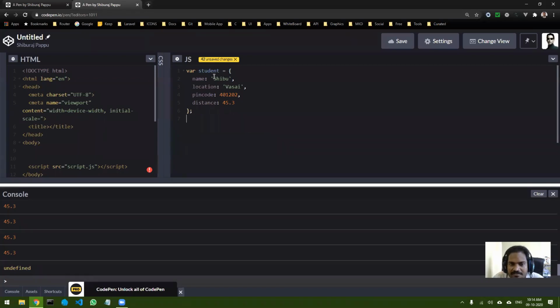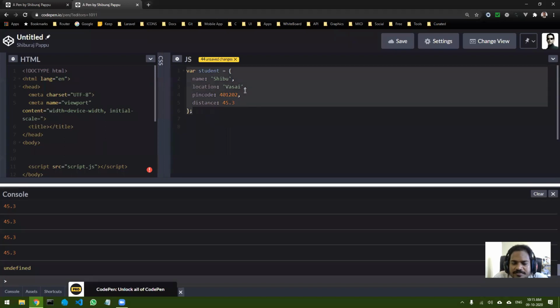I have this particular object, and I want to go through each one and print them out. For that, which method can I use? Can anyone tell me? Can I use a for loop, or can I use for in, or for each, or anything? Can I use a normal for loop over here? Anybody can tell me?